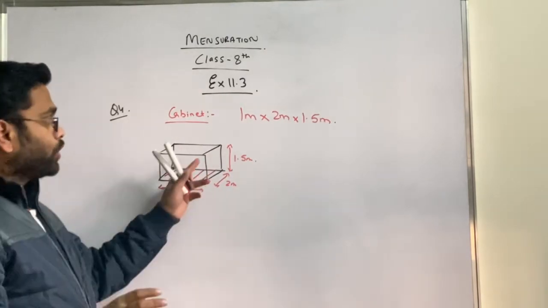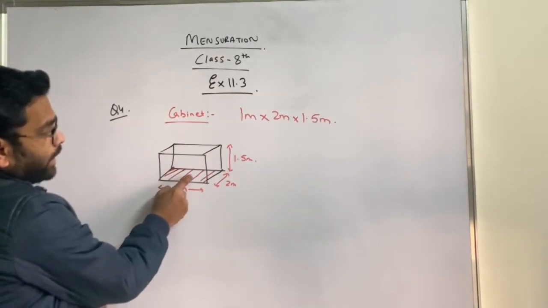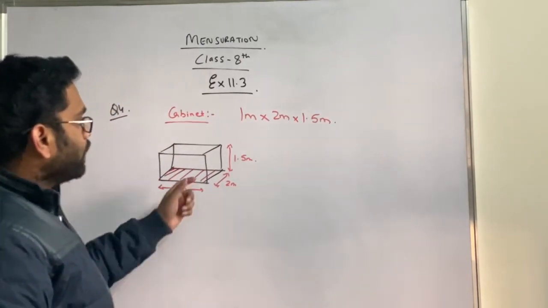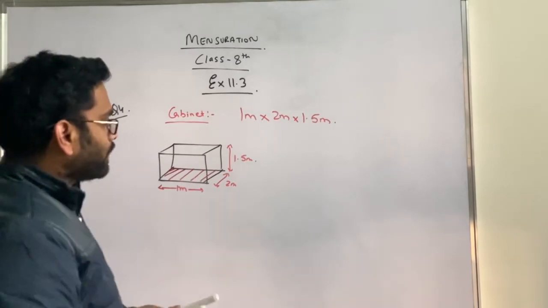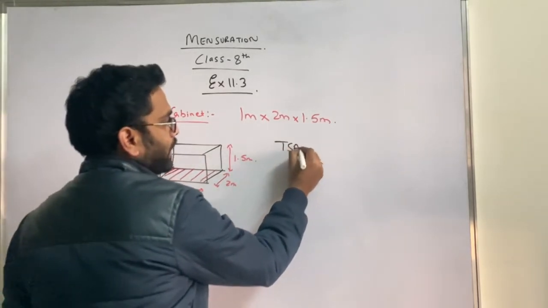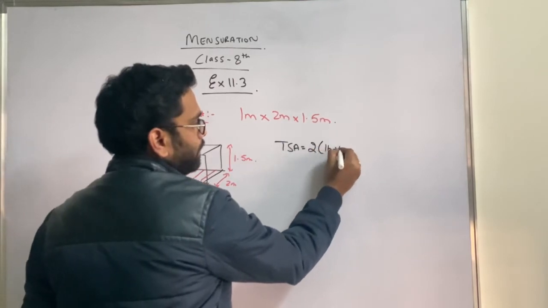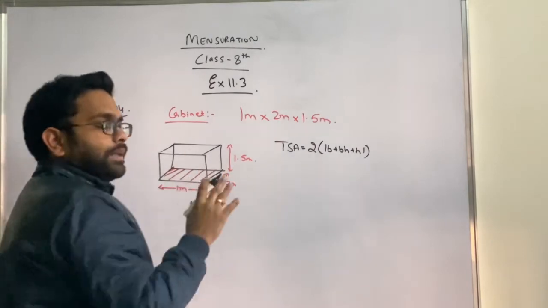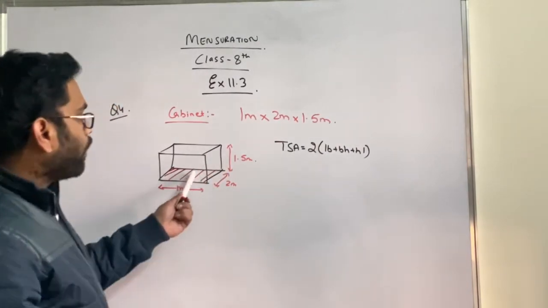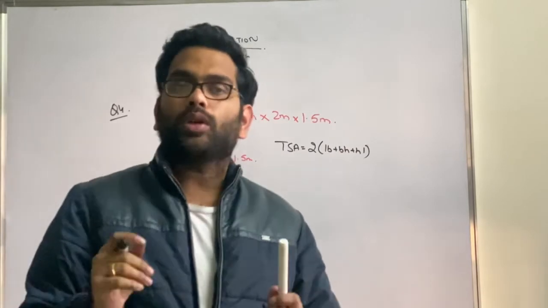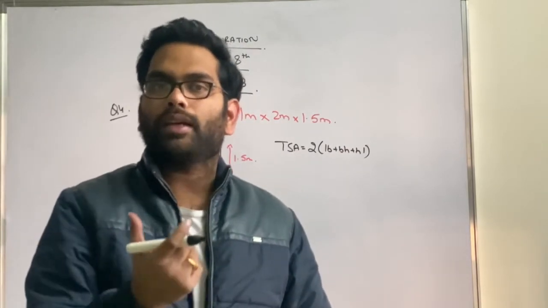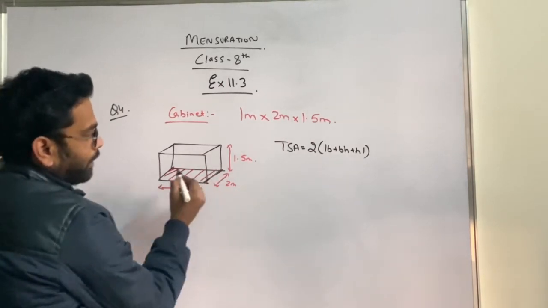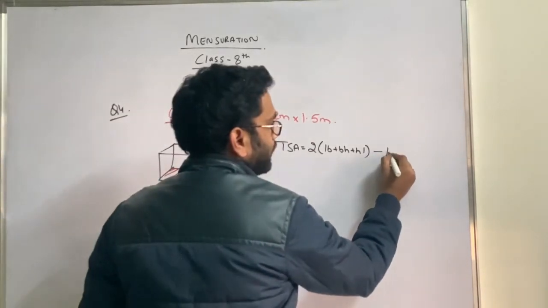Now she is painting all the sides. रुखसार जो है वो इस क्यूबॉइड में सारे तरफ पेंट कर रही है पर बॉटम को पेंट नहीं कर रही है. तो हम लोगों का इस बार जो एरिया होगा वो क्या होगा? हम लोग पढ़ते हैं कि जो टोटल सरफेस एरिया होता है वो 2 इंटू LB प्लस BH प्लस HL. ये टोटल सरफेस एरिया है अगर ये सब जगह पेंट करती, बट क्योंकि ये बॉटम एरिया को पेंट नहीं कर रही है तो हम लोगों को टोटल सरफेस एरिया में से बॉटम का एरिया माइनस करना पड़ेगा. और बॉटम हमारा लेंथ इंटू ब्रेथ है. सो मेरे को यहाँ पे करना पड़ेगा माइनस L इंटू B.